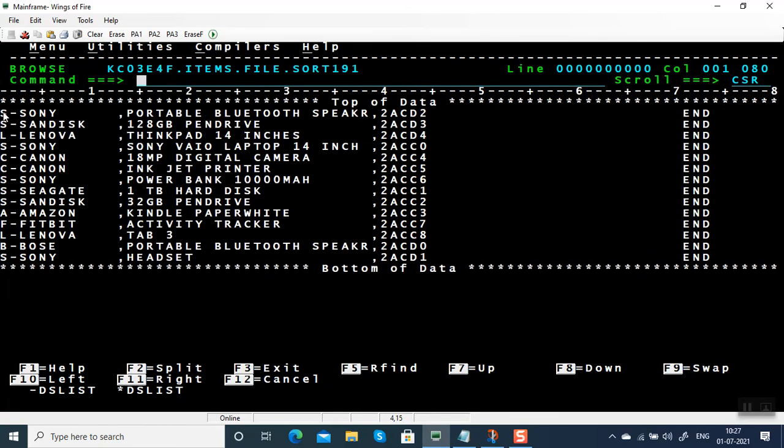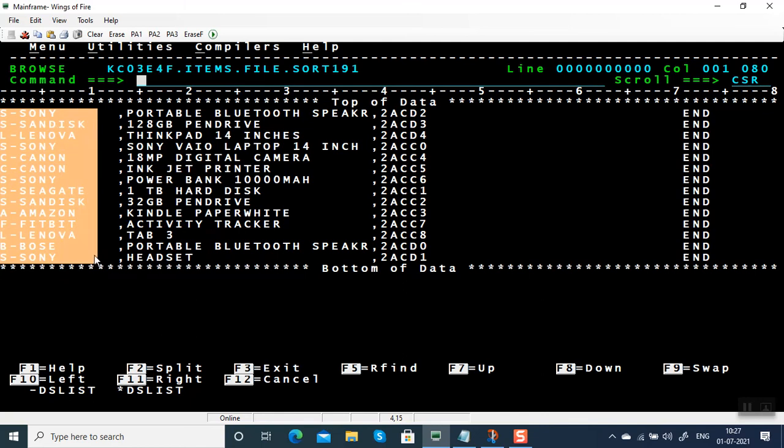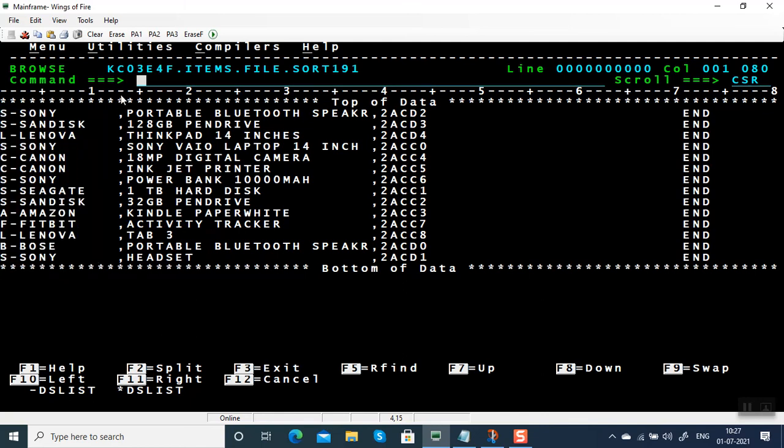You can see the output S-Sony, L-Lenovo, etc. and a comma in 13th column. Remember, by default, outrec fields will start copying from column 1 onwards. So position is going to change from the input file to the output file. Okay, and we have item name, and then the prefix of item number has been changed to 2, and then we add a string in column 71.